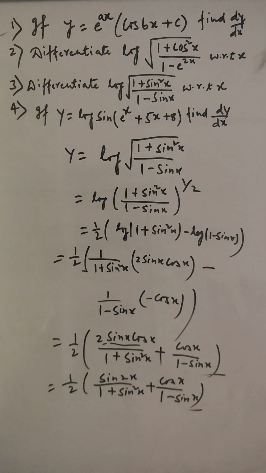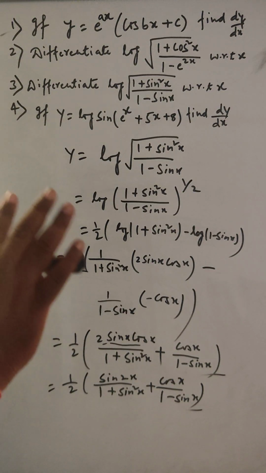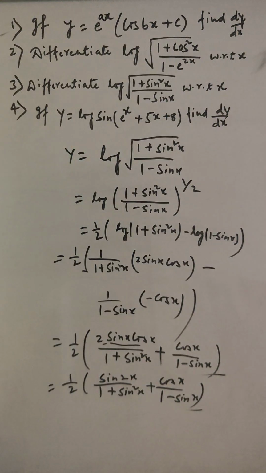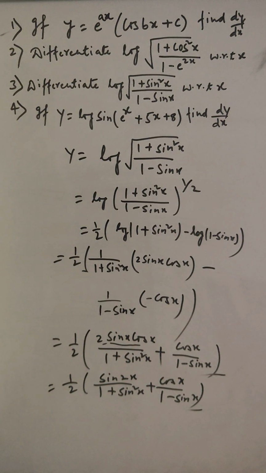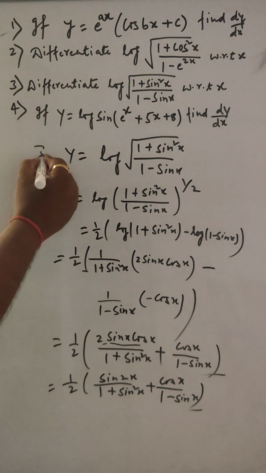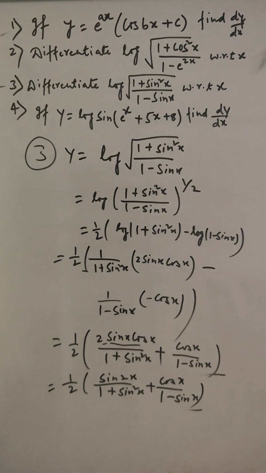So okay, the first thing is that you have to remember the log property. And when you remember the log property, it is easy. And to write the simplified form, you should remember trigonometry formulas, which is very easy, and those things you know already. Okay. So this was the solution of problem number 3. Now we'll do the last one. Second we have done, first we have done, so third is this. Okay, we are rubbing this.